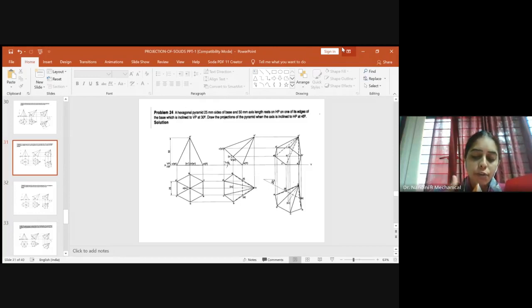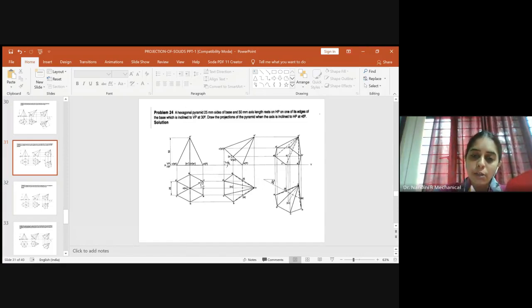So when you keep one of your edges towards your right, obviously you'll be having the other opposite edge parallel to it towards your left. Okay, so this will be the regular hexagonal position. How does it look when it is resting on one of its edge? You should not tilt towards the corner. Okay, if it is a case where the given pyramid is resting on one of its corner, then you have to keep the corner towards your right. Since it is the edge, please focus the edge towards your right. So if you have kept properly, you will get the opposite edge parallel where you have been resting in the opposite end. So this will be the regular hexagonal prism.